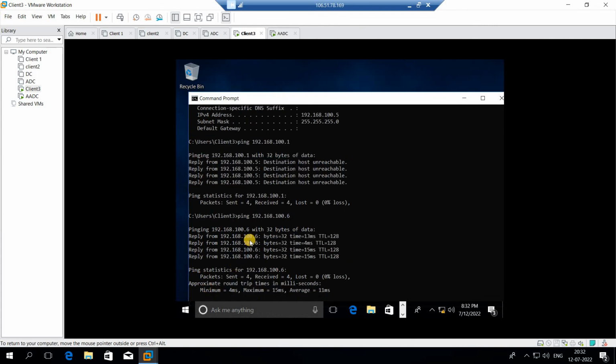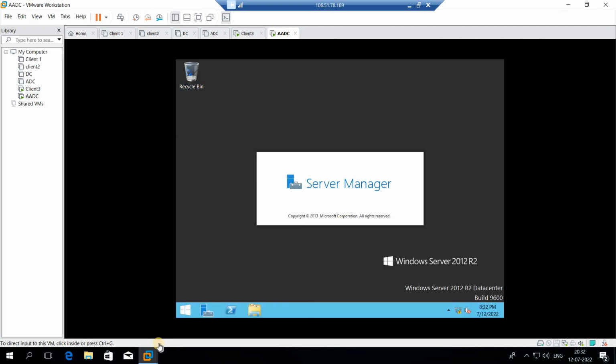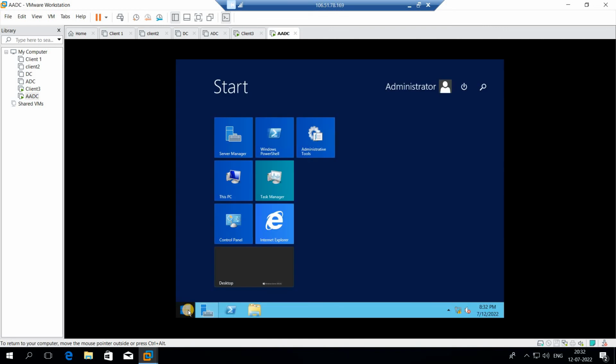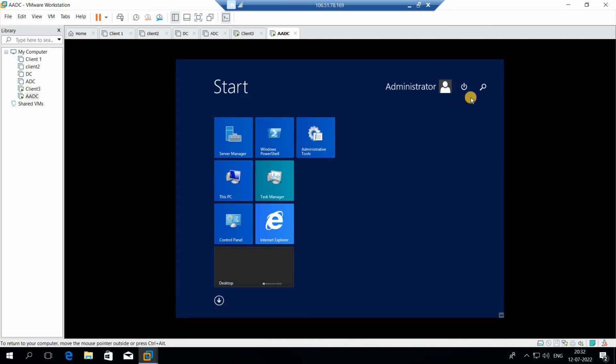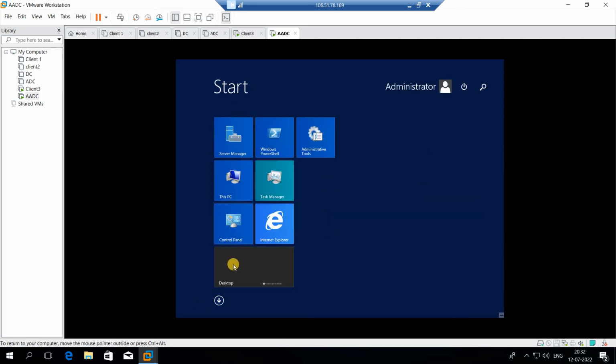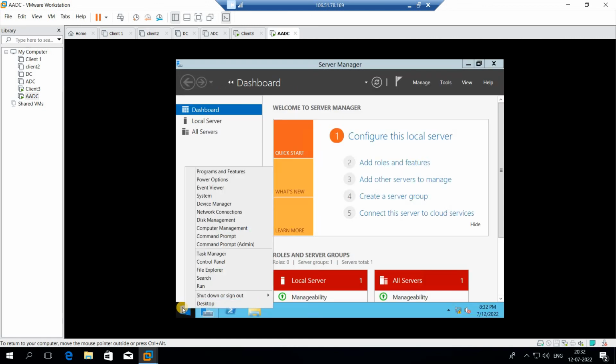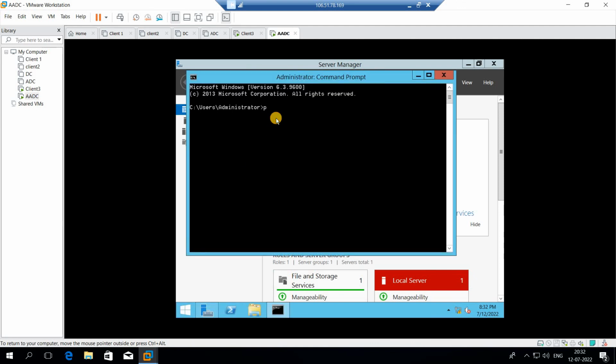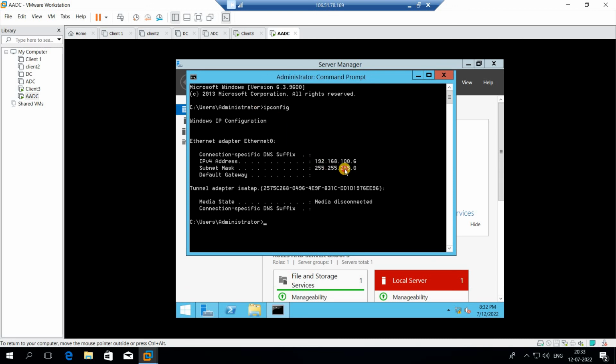Now as I can see here that a reply from 192.168 is achieved, hence these two systems are now connected to the same LAN server. Now to check whether this system is connected to various other devices, I'll open command prompt. I'll right click on the Windows menu, click on command prompt, and first we will check the IP config and press enter. We will get the results about the IPv4 address, the subnet mask and the